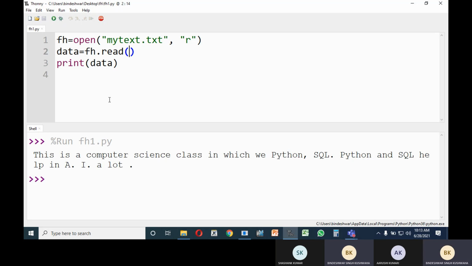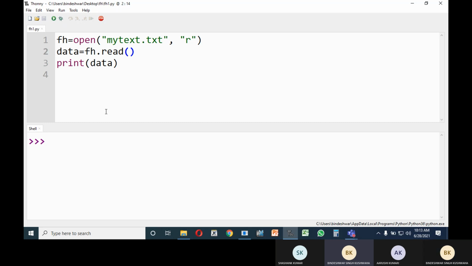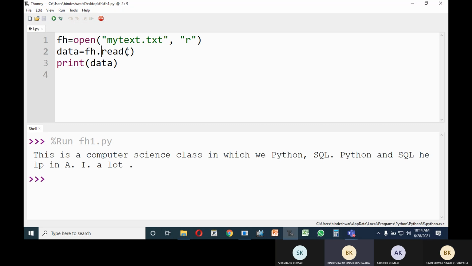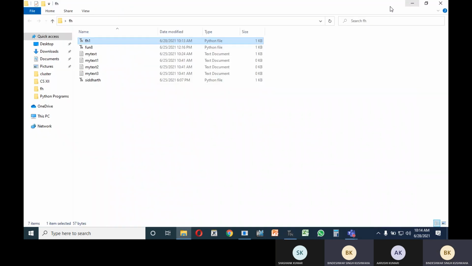So see that this is the working of the read function. If you want to read the whole file, do not provide anything inside it. Let me put some more content in this file.